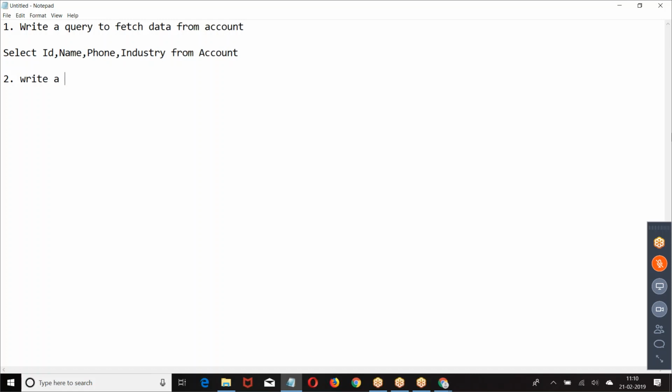Write a query to fetch the data from contact. SELECT Id, LastName.